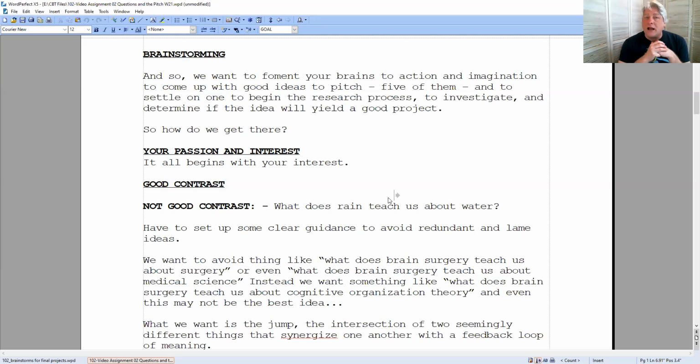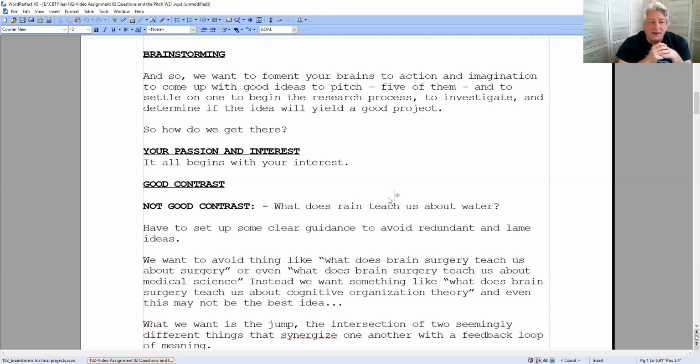If you're not interested in the idea, then you're not going to take ownership of it. You're not going to feel like working on it. So it's very important that you pick ideas that you're very interested in. I'm hoping that you can come up with 5 ideas that you're interested in, so that whichever one you end up settling on, you know, what if the worst case scenario were to happen and all but one of them is vetoed? Of course, it's even more worst case scenarios that all 5 are vetoed.